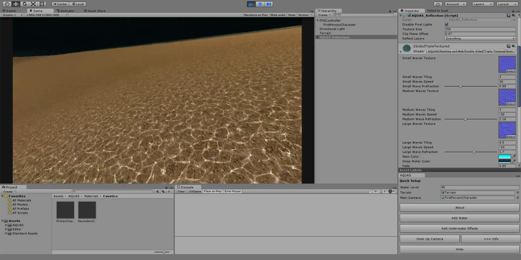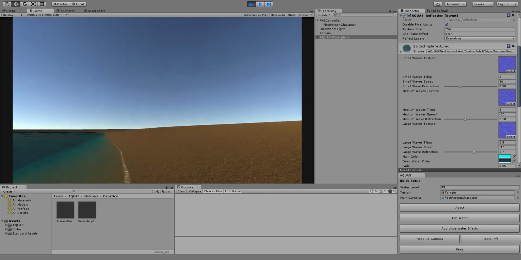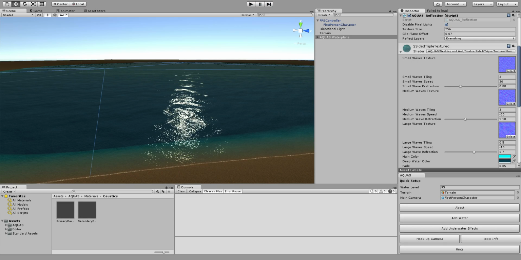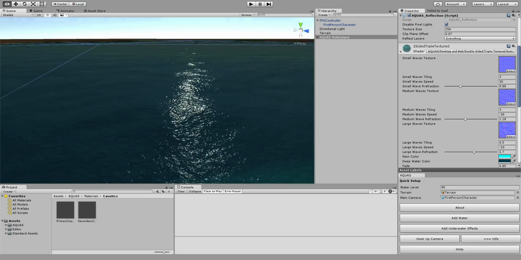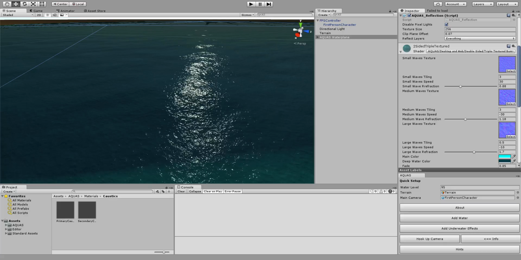So the next thing we have to do is set up the underwater effects, which is what we're going to do next. Quickly going to exit play mode. And oh yeah, before I forget, one thing you might want to do when working with AQUAS is